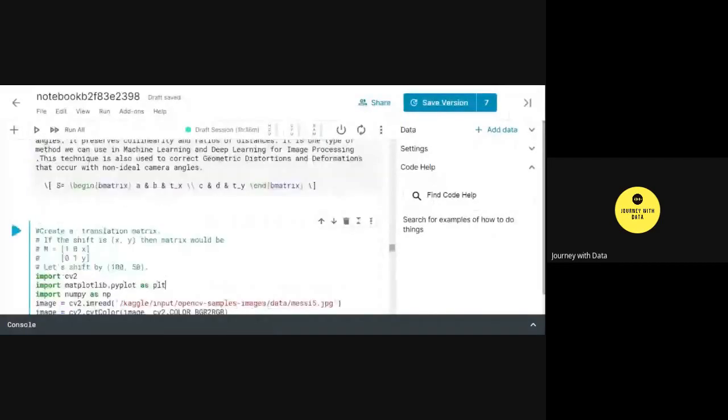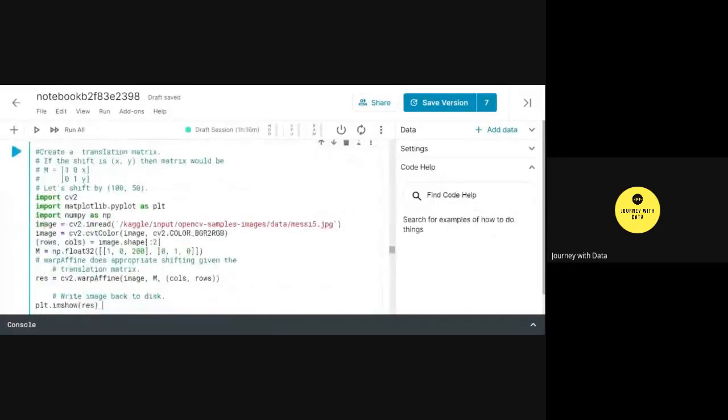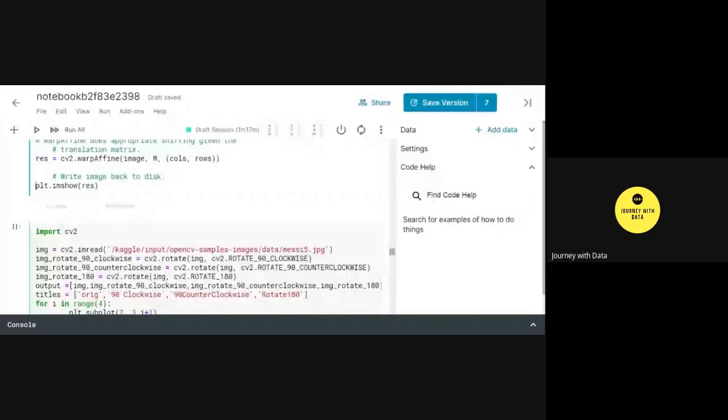So I've just defined the shift at 200 points, and then used cv2.warpAffine, and then the image, and then the translation matrix and rows and columns. So rows and columns were nothing but the height and width of my image. And then writing it back, just displaying it, just shift enter.